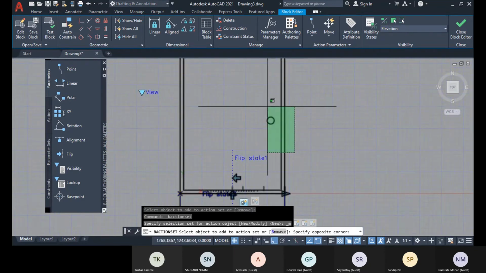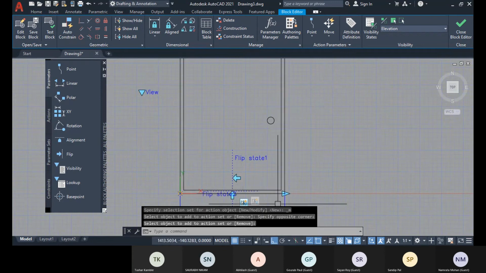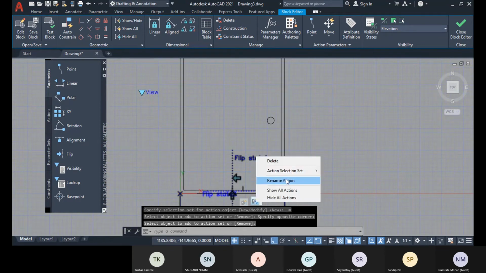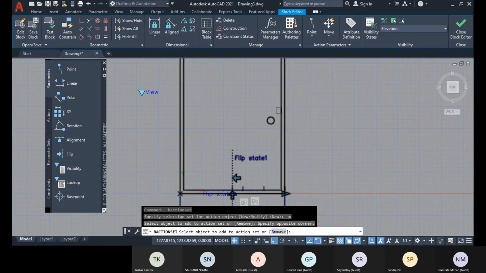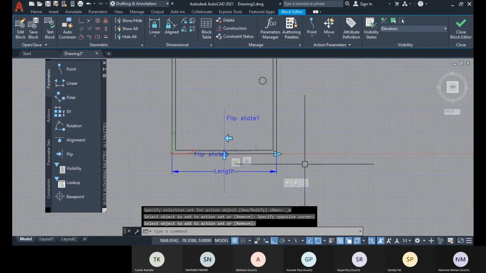All the objects are selected, enter, check it properly so that you don't miss it out, enter. So this is done.